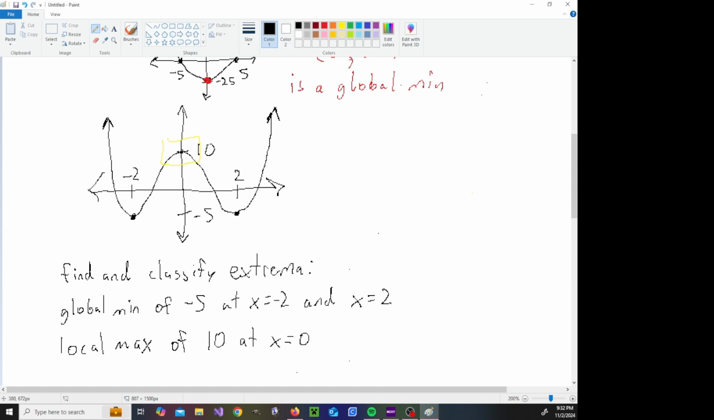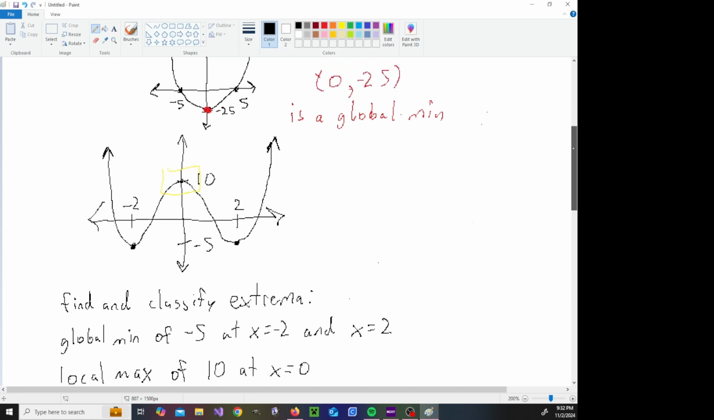But again, this example goes to show sometimes we will have multiple global extrema. It's just that there's really one actual output that is that global extreme value. It happens at multiple coordinates. There is one global minimum, but there are two points that correspond to that global minimum: negative 2, negative 5, and positive 2, negative 5. Okay, so